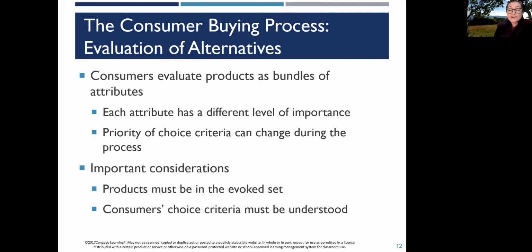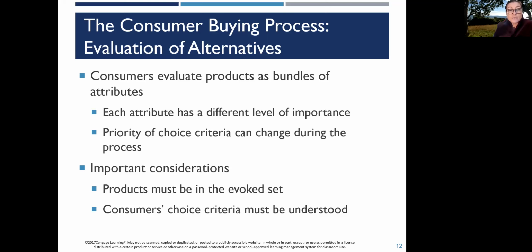Each product feature, each product attribute has a different level of importance. And so there might be a priority put on certain choice criteria, and this prioritization of criteria may well change